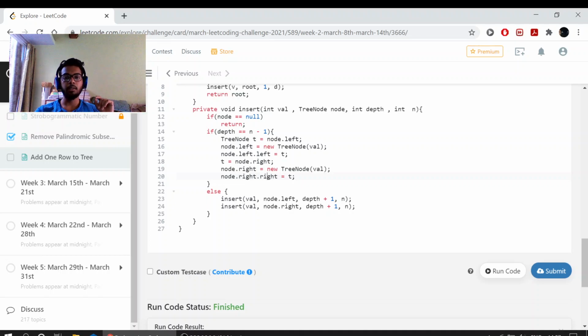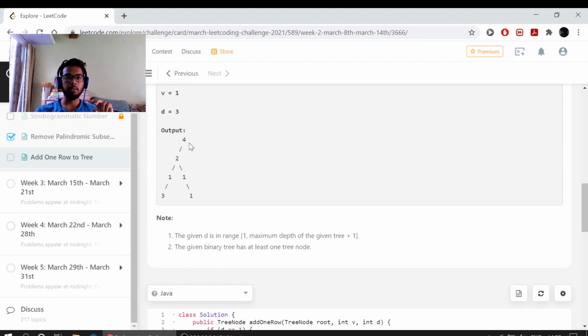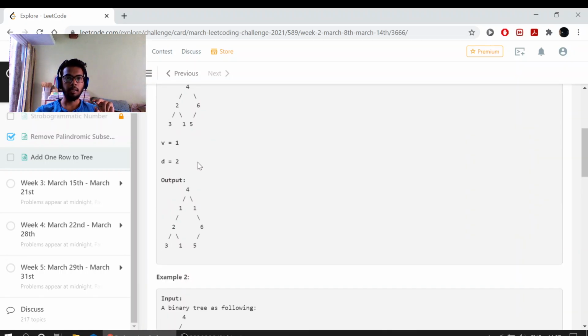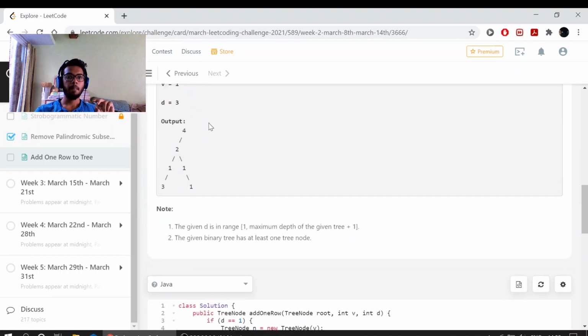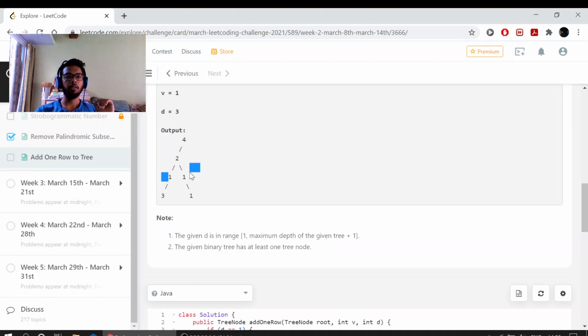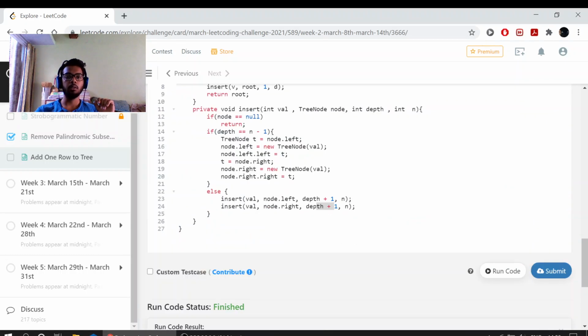So what happens if it's not? We target its left and its right and we increase the depth, because we want to insert at both. See, if there's an example such that this also has a child here, let's call it 6, and we need to insert here, so it should be 1, 1, 1 and another 1. It should be like that instead of just 2 ones. So we need to insert at left as well as at right.